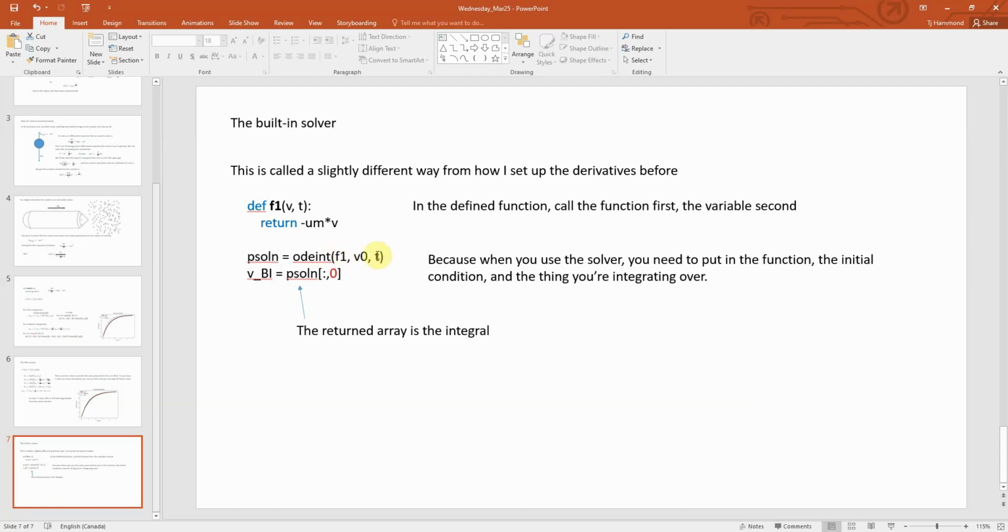But in this case, we don't have any parameters, so we just call the ODE solver by putting in the function, the initial velocity, and the time that we're integrating over. And then this just returns a one-dimensional array, so we'll call this velocity from the built-in solver. If you do this for higher order derivatives, as we'll be talking about in a future lecture, probably next week,